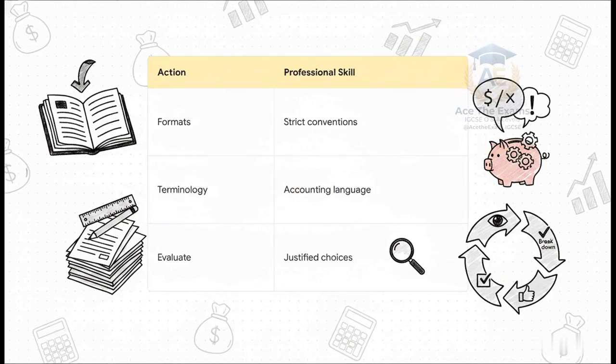First up in the table, apply formats. The flawed response we are imagining completely lacked clear headings. Presentation in accounting follows strict conventions. If you don't use proper headings to separate your arguments for a bank loan versus a share issue, you make the examiner work way too hard to find your logic, and an annoyed examiner is not a generous examiner. Next up, terminology. The student used highly informal phrasing like getting money from the bank instead of the professional accounting language like securing debt financing or utilizing an overdraft facility. It sounds amateurish. Finally, they failed to evaluate. They listed the pros and cons but didn't offer any justified recommendations at the end.